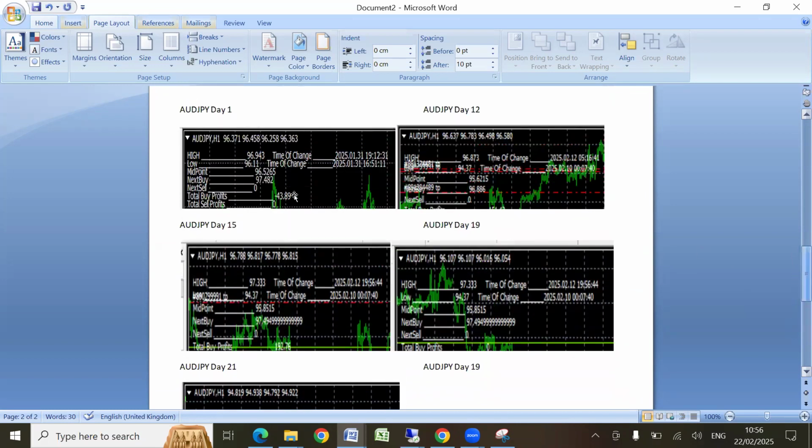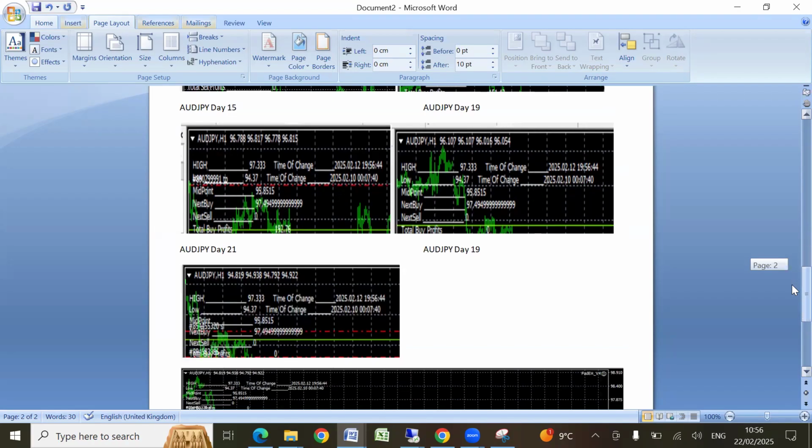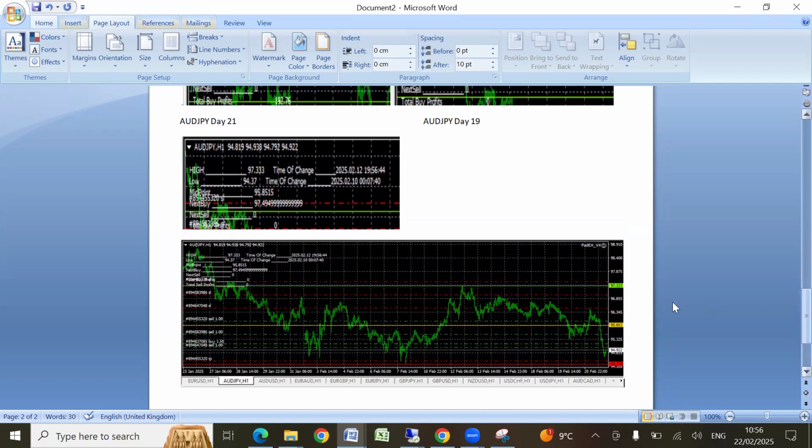The midpoint started at 96.526. It moved to 95.621. Then it moved to 95.8, which was the last position, 95.8. Can you see that? Which is this, 95.85. So what that means now is that anytime the market crosses the midpoint, then all we just need to do